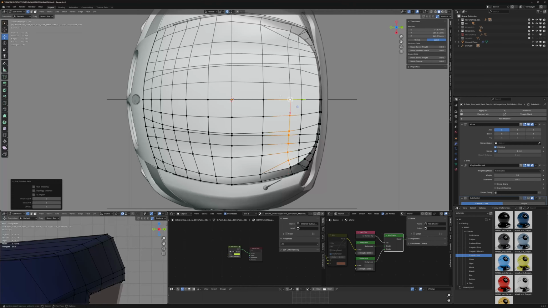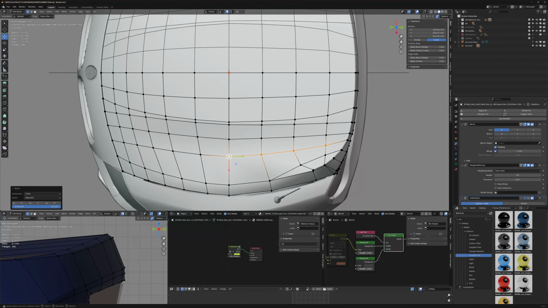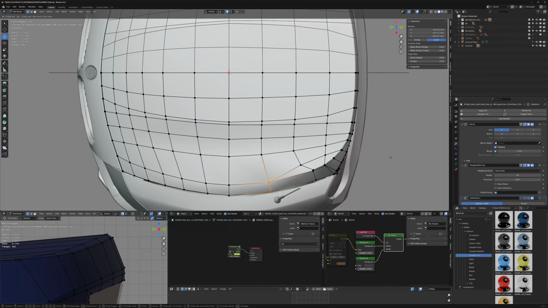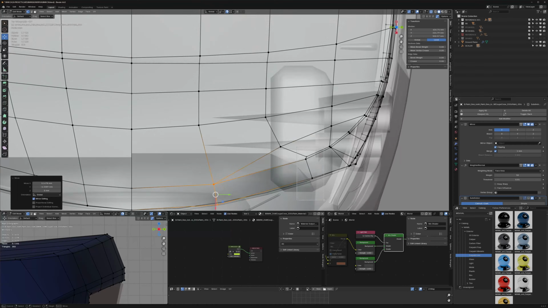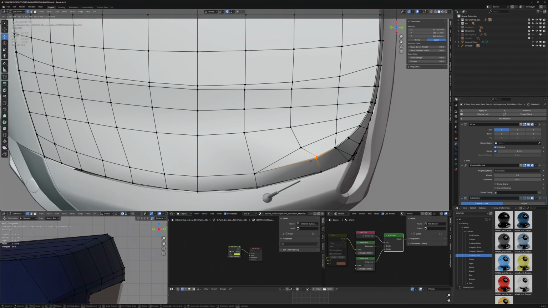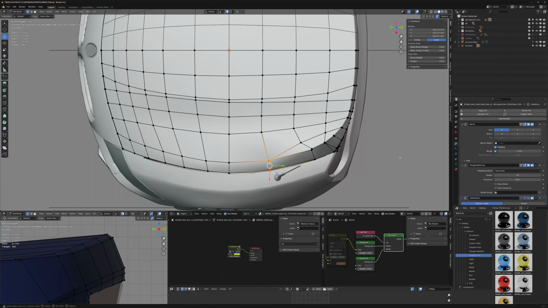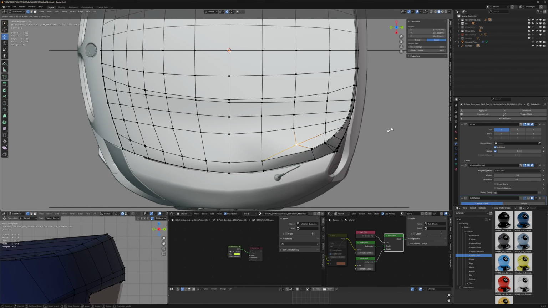So actually, hold on. If we move these over like this, let's distribute these evenly. Oops, not those. These evenly. Let's distribute these evenly, and these, and these, and these. Then let's grab these, pull them out. Pull these out a little bit too. And what we could do, I wonder if we could